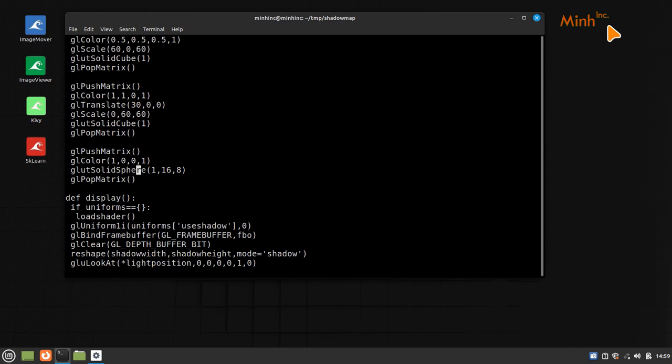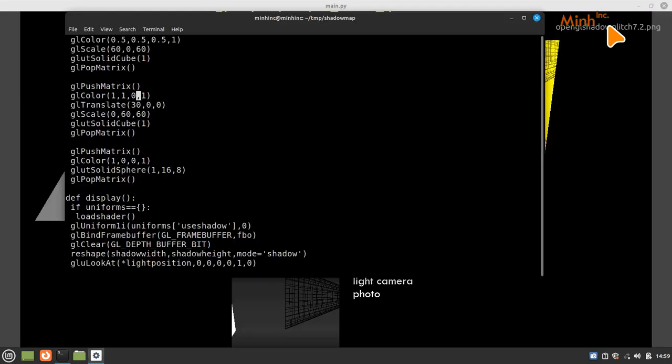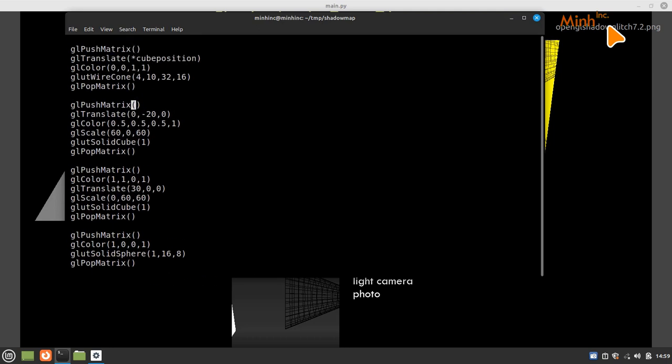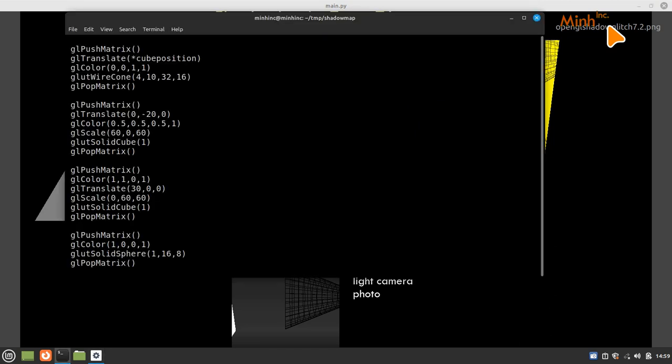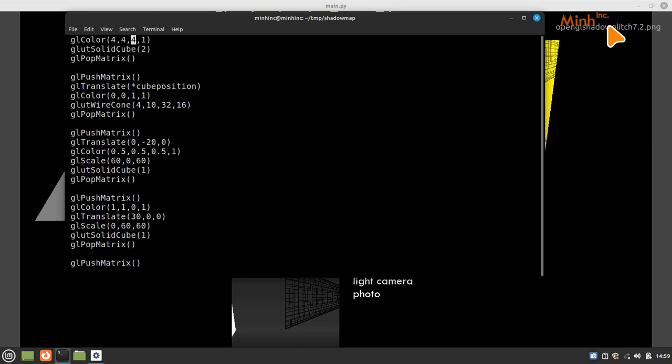GL push matrix, GL color, and I believe we are done. So this is the yellow plane. Okay, so it is at X 30, and then we scale in Y direction. And this is the flat plane. This is the down one. Okay, so minus 20 down, and then in X and Z direction it would expand. And then at the center,